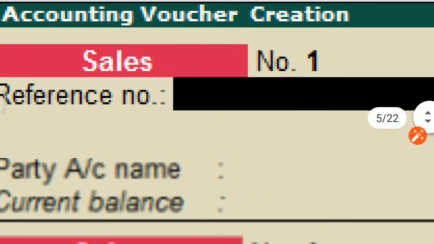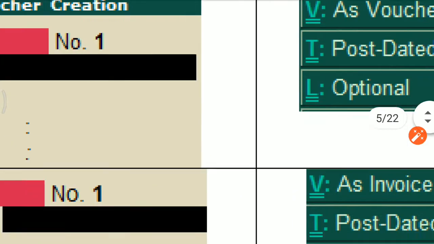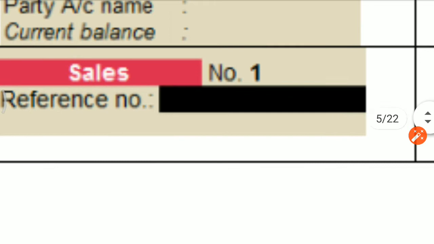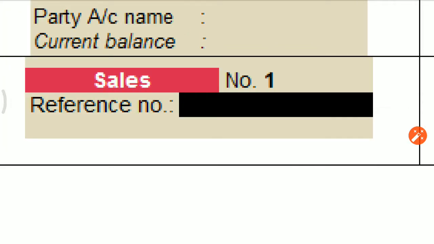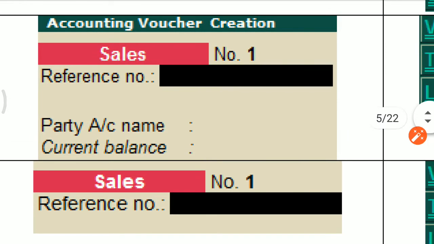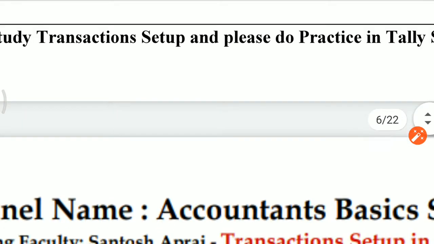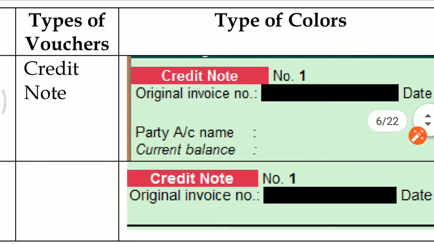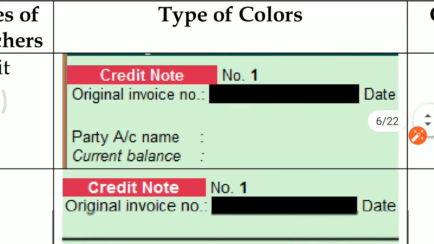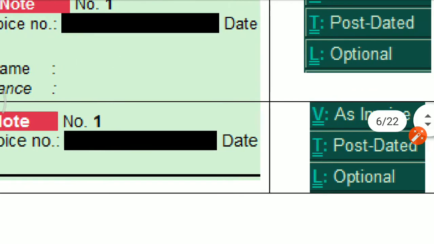If you want a voucher format, just click here, and the screen will ask you only for the reference number. But my personal suggestion is better to take the invoice format, it will benefit you. Next one is credit note, that is sales return. This is in invoice format, and the below screen is in voucher format.